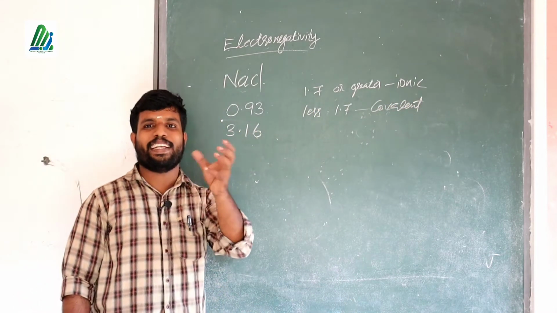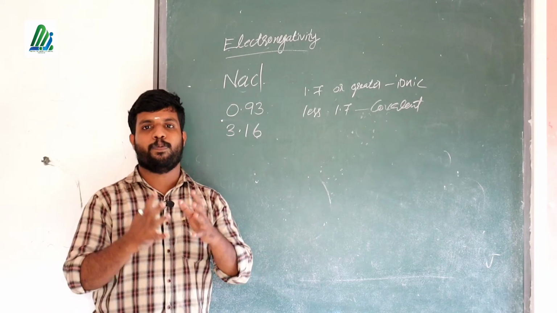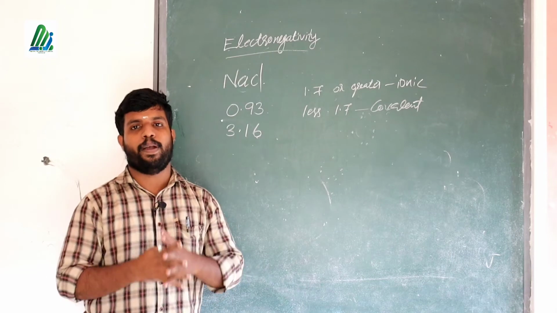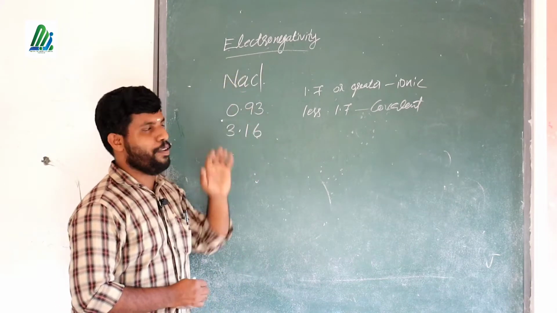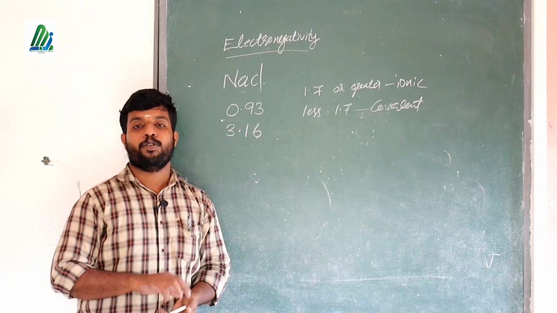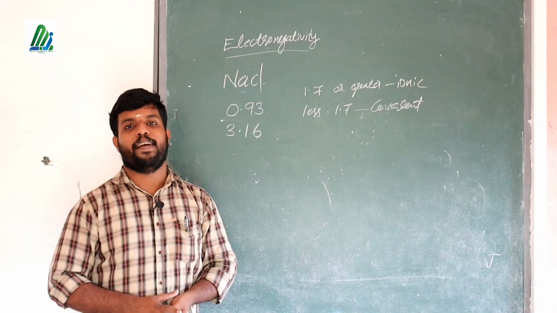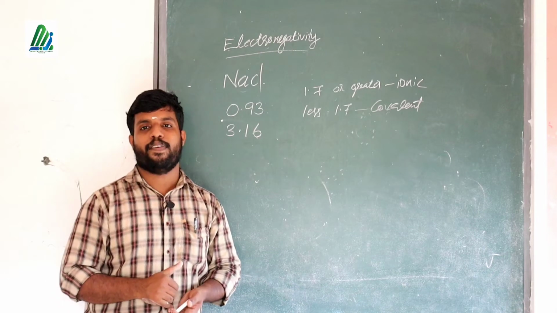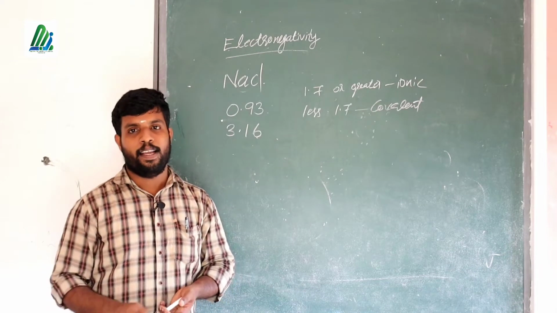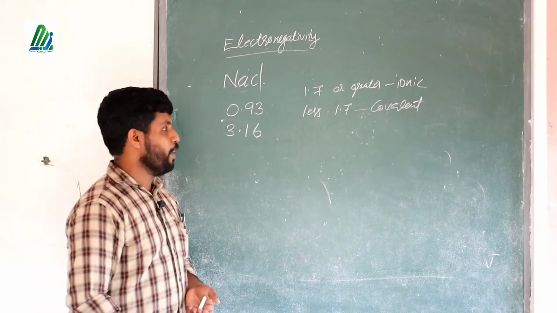It is easy. Just check the electronegativity values of the combining atoms. Generally, this applies to a compound made of two atoms, atoms of different elements, as we are taking here. Just find the difference in the values. If the value is less than 1.7, that compound is covalent. If the value is 1.7 or greater, it is ionic in nature.